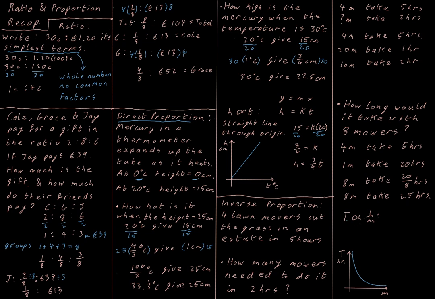Now this relationship is: time is proportional to 1 over the number of mowers, and can be written like this, and we will